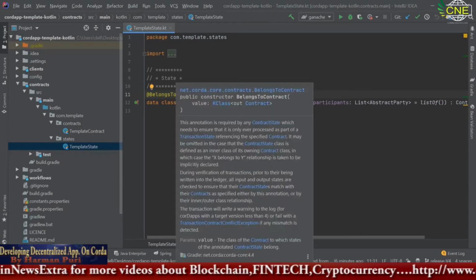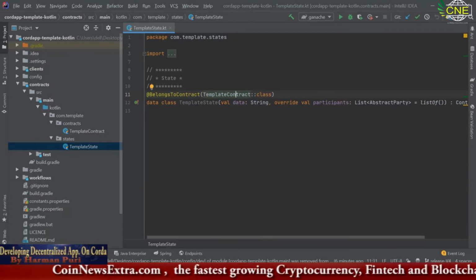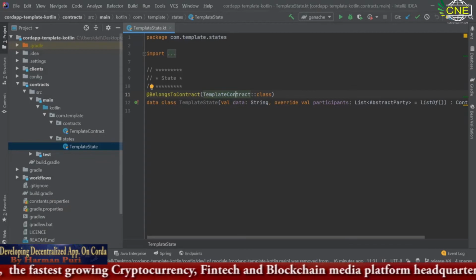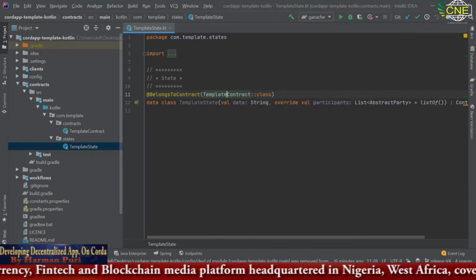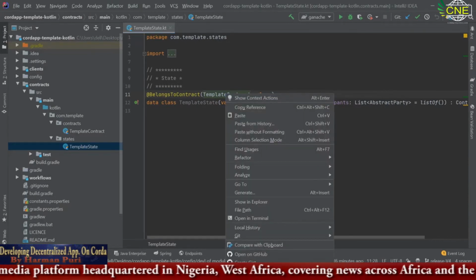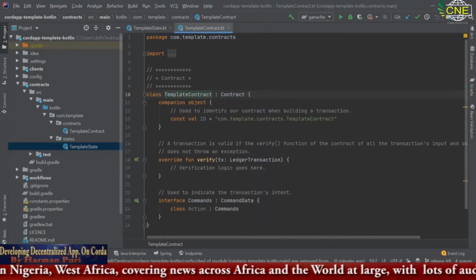This annotation is used to define that the state which we are making is following some rules which are defined in a contract, and the name of the contract is template contract. If you just press and hold the control key and click on this, you can directly go to the template contract